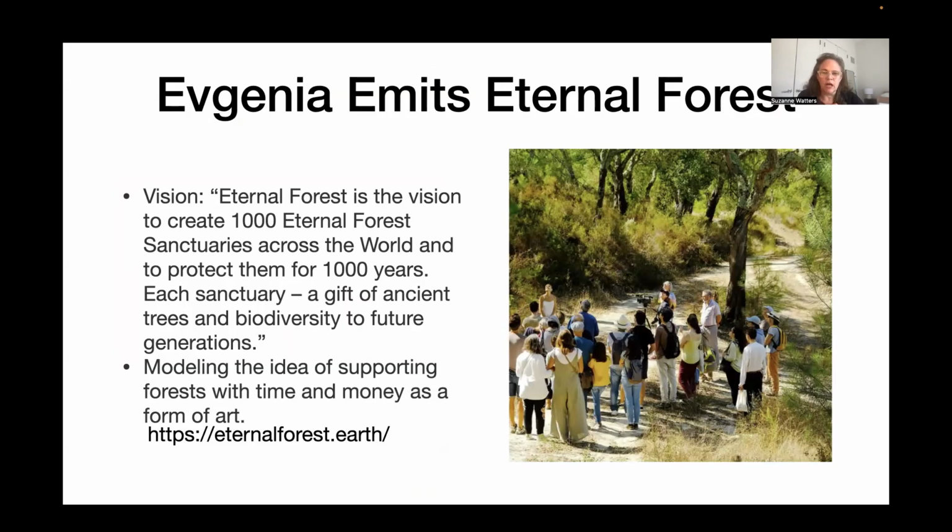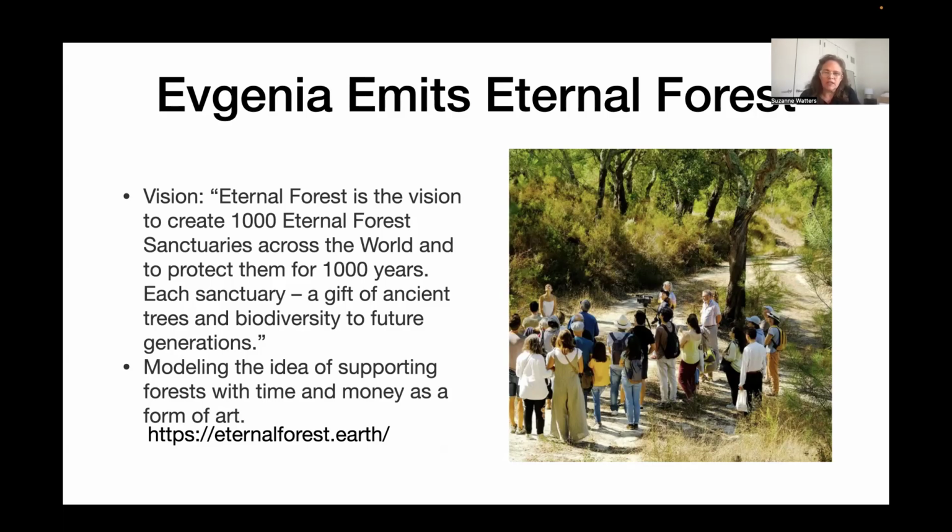I took this from the website, and if you want more information about it, the website's listed at the bottom. But the vision is to create 1,000 eternal forest sanctuaries across the world. The artist is there on the left-hand side at the top. I don't know if you can see her in the group there, but she lives in Portugal.